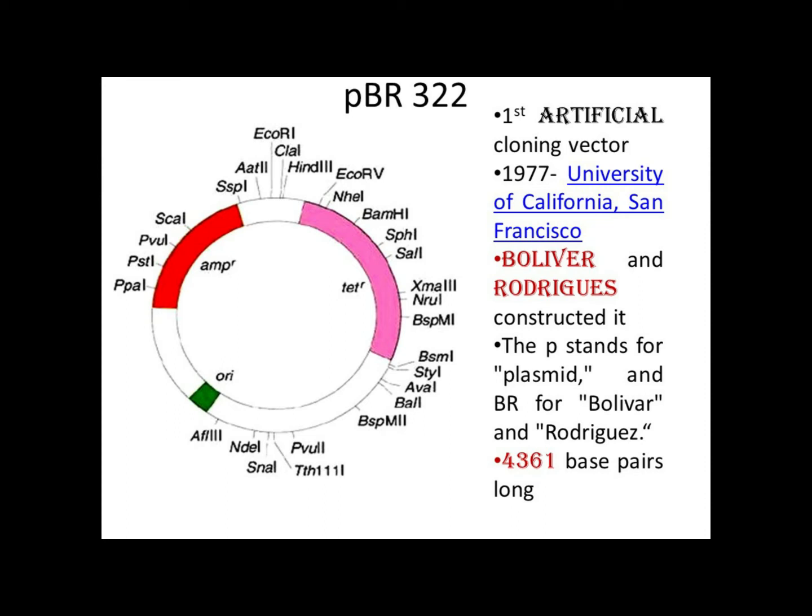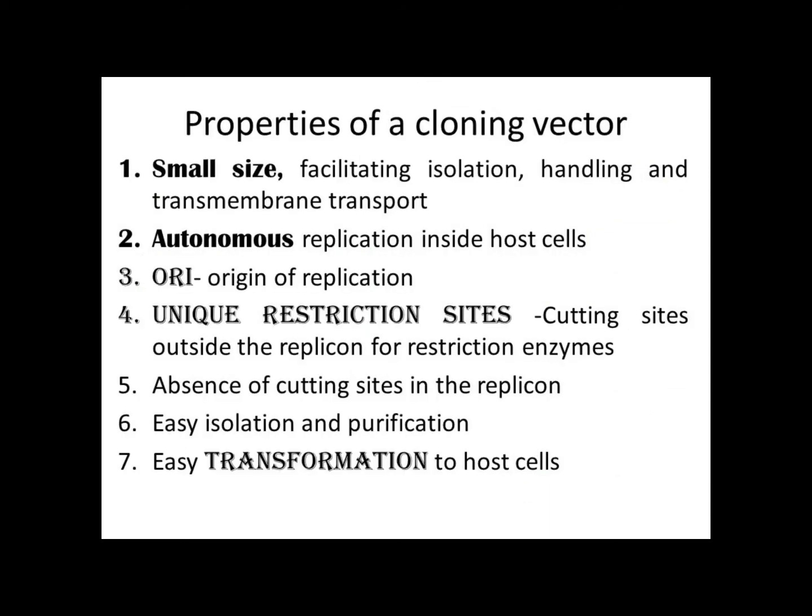That is what is called a unique restriction site, because it is already known that restriction enzymes can cut DNA molecules at regions where they have their recognition sequences. Usually those recognition sequences will be palindromic sequences. So a vector will be ideal if it has restriction sites for specific restriction enzymes. That is another feature required by a vector. Then only we will be able to cut the vector using the restriction enzyme, and then only we will be able to link it with the foreign DNA.